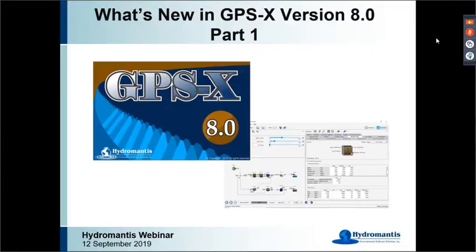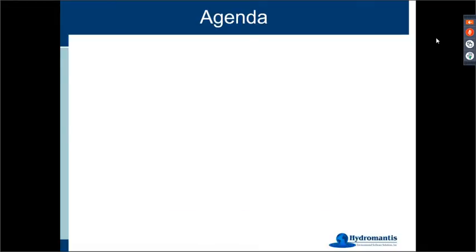As I mentioned, my name is Spencer Snowling. I'm VP of Product Development here at Hydromantis. As most of you know, I spent a lot of time working on the development of GPSX. It's partly the thing that I've done most of my career, and I'm very excited when new versions of the software come out. We've been very anxious to hold this webinar and tell you about all of the new and fascinating things that are coming in the software. In fact, there's so much of it that we had to break it into 3 separate webinars. So I'm glad that you've been able to join us.